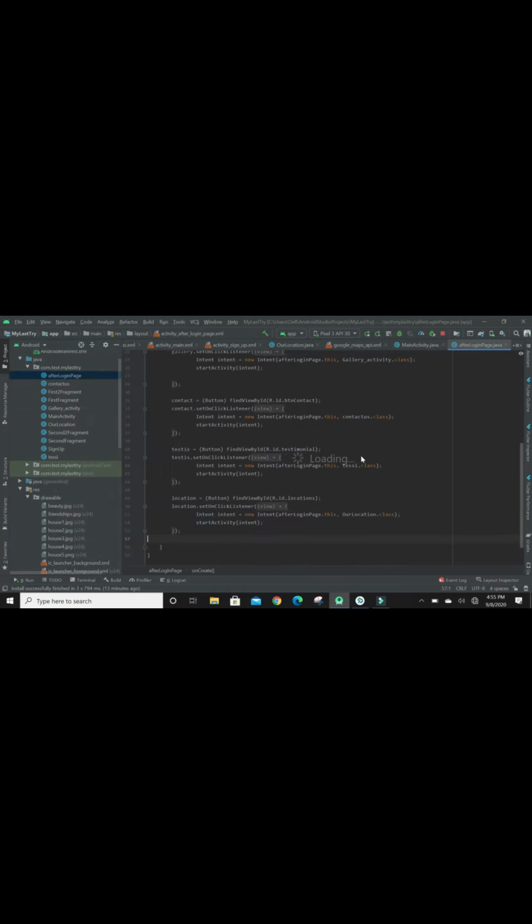When we see the Java file of this after login page, we have used Java as a backend to work on these buttons. When we click on these buttons, if we click on gallery, this will lead us to another activity, that is a gallery activity.